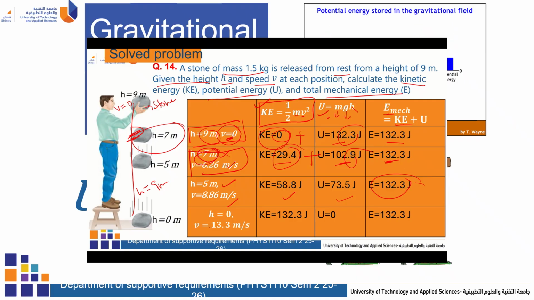And also, once it is reaching the ground, 0 meter, the height is 0 meter and the velocity is 13.3. So this is the value of the KE, this is the value of the U, potential energy, and this is the total. Now you can see, the rule says this energy